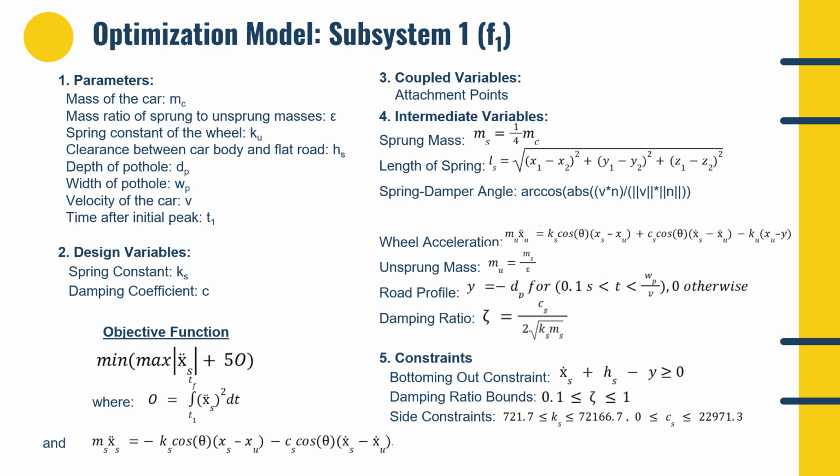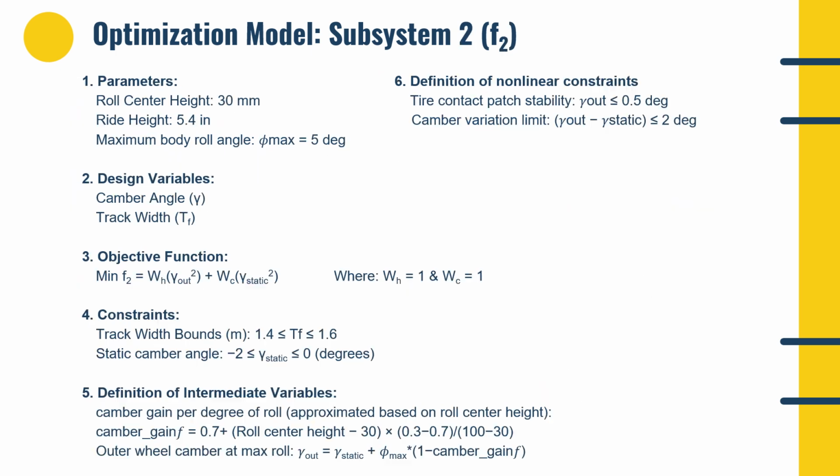Some constraints to be sure that the system will behave accordingly, and an objective function that seeks to minimize the max acceleration felt by the user while minimizing the system damping time. Similarly, for the optimization model of subsystem 2, we have parameters such as roll center height, ride height, and maximum body roll angle, design variables that include camber angle and track width, and an objective function that seeks to minimize a weighted square sum between static camber and roll camber. We have here some constraints too, intermediate variables, and some linear constraints, which will all make sure that the system